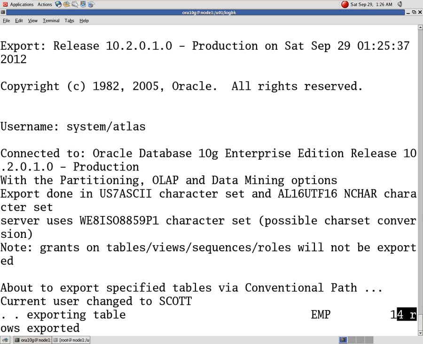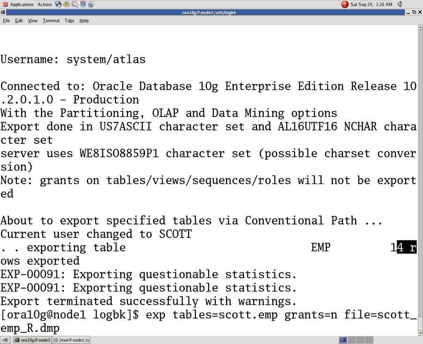What value am I giving here? I am giving export table equal to Scott user.emp table, grants equal to n. If you want a log file, I am exporting without rows. No rows, NR is the dump file.